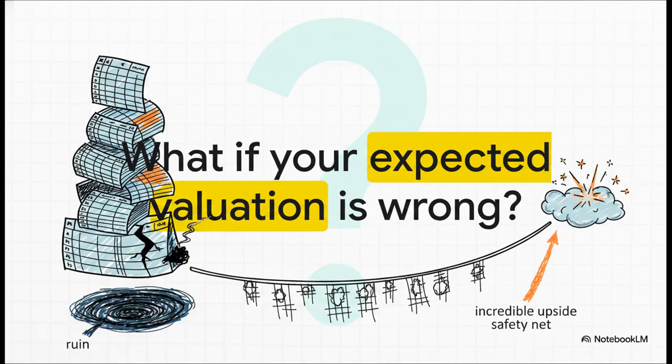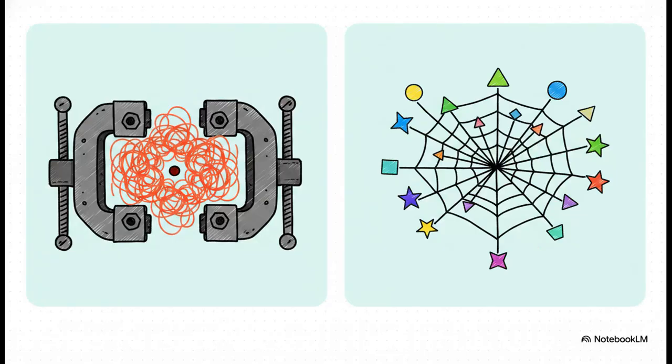When we try to capture all the wild, different possible outcomes of the future in just one single expected value, we are walking a tightrope without a safety net. Okay, let's dive into this. Traditional, static DCF models act almost like a vice. They're incredibly restrictive. They force you to compress every single real-world uncertainty into one static discount rate or one expected cash flow. But probabilistic approaches open this right up into a dynamic web of possible outcomes.